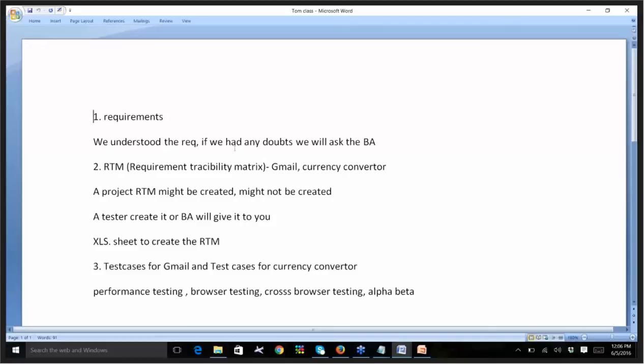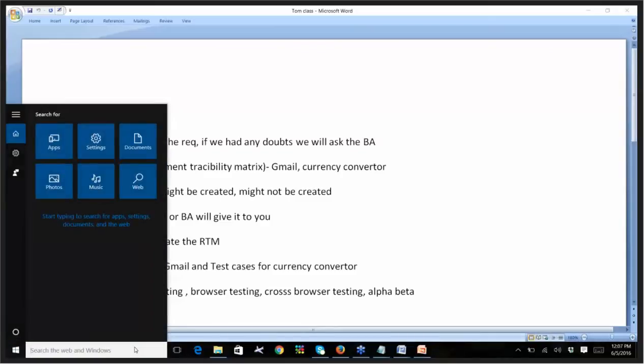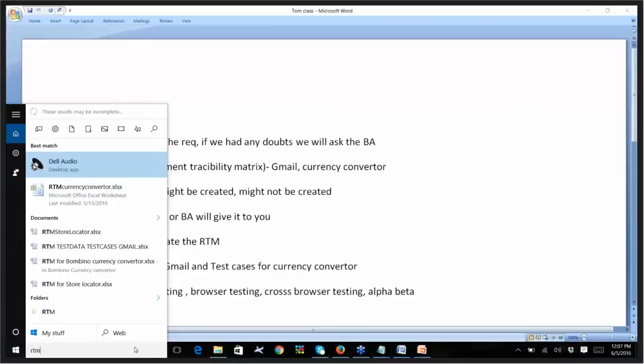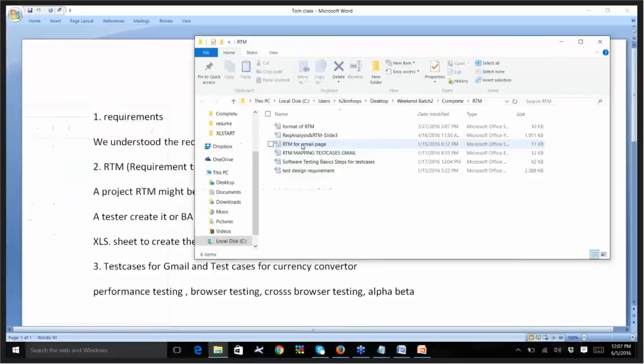might not be created at all also. So what is RTM? How does it look like? Let's have a look. I've already made you the